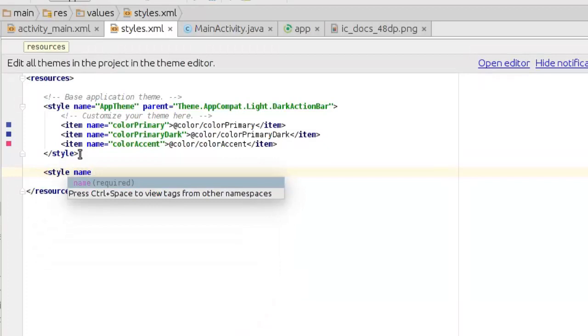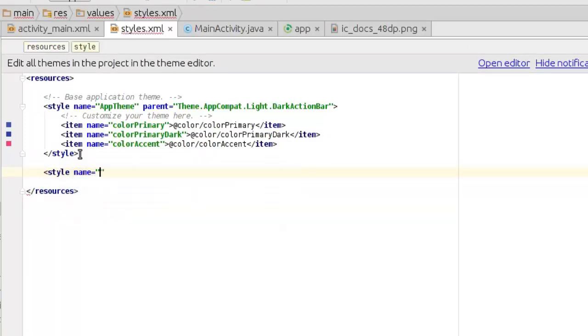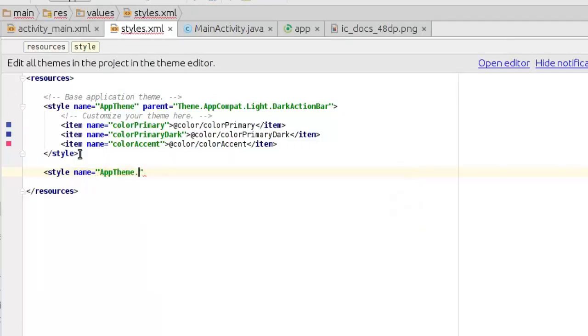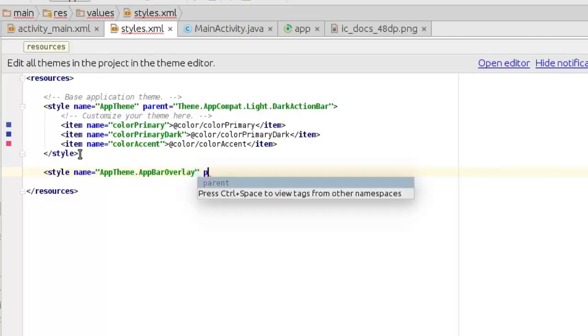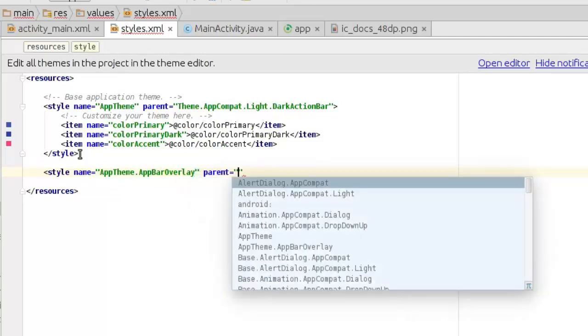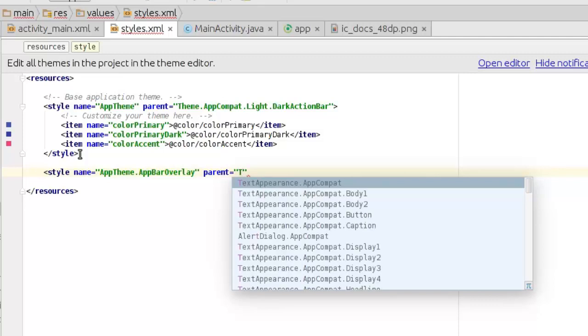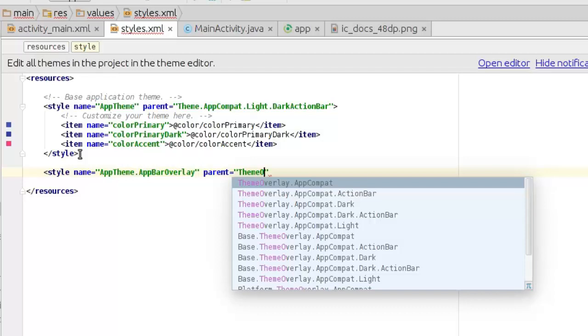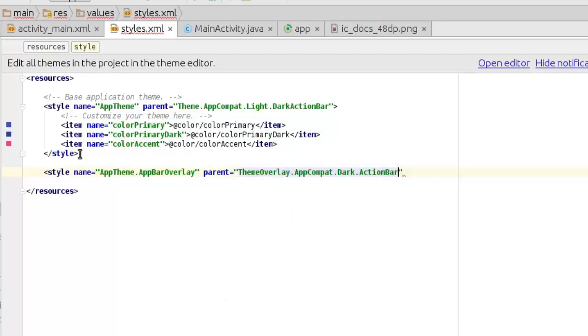name, the app theme. We're calling the app bar overlay. What about the parent? Is the theme overlay app compat dark action bar. This, to be precise,